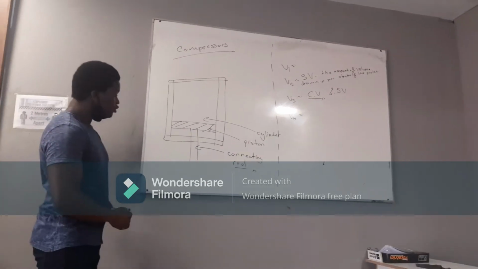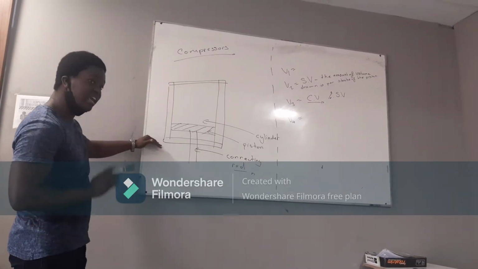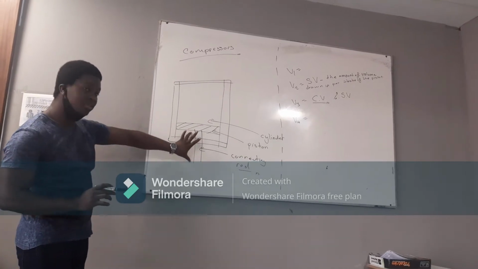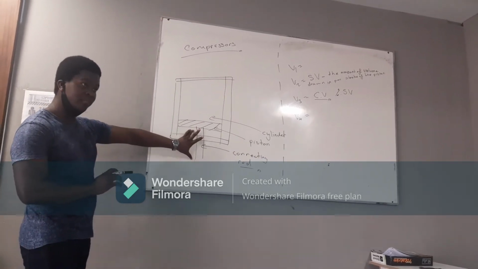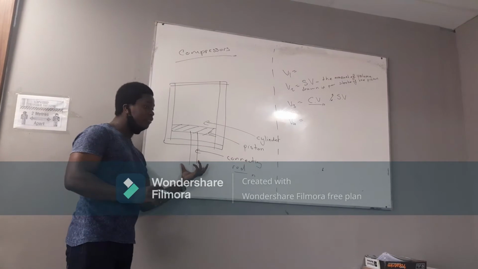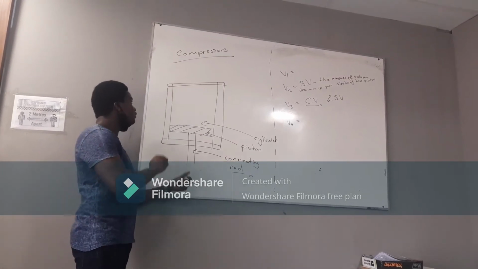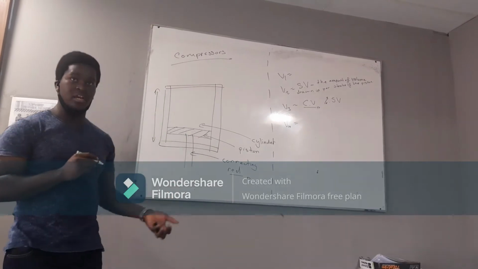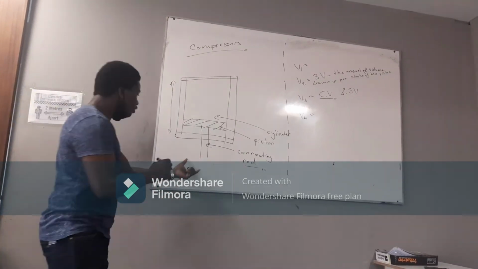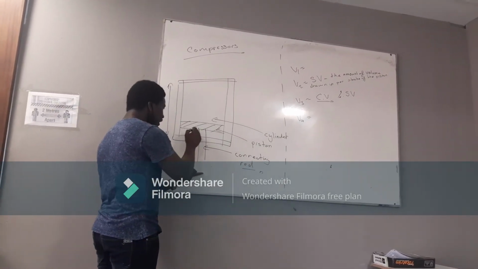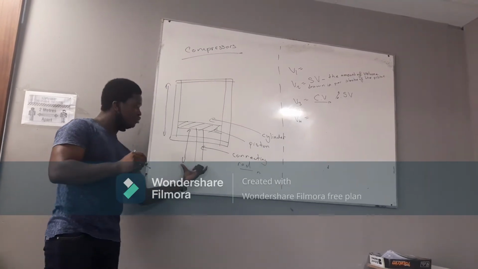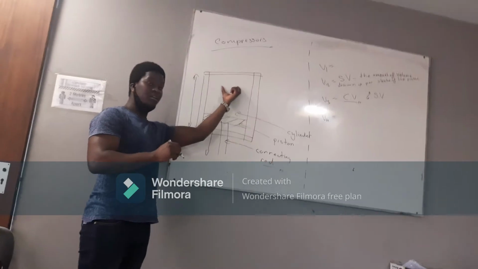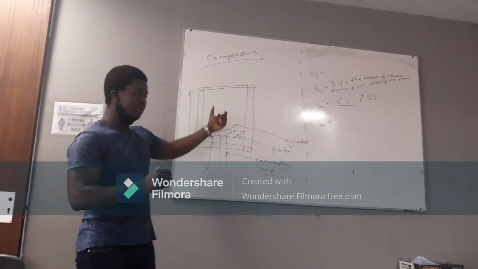Are we together? So if our piston is to suck the air in, the volume that is going to be sucked is dependent on how the piston moves. That's why you're going to notice that all the formulas don't give you the length of the cylinder. Nobody cares about the length of the cylinder. We care about the length of the stroke. The length of the stroke is the one that is going to draw the volume of air into the cylinder.